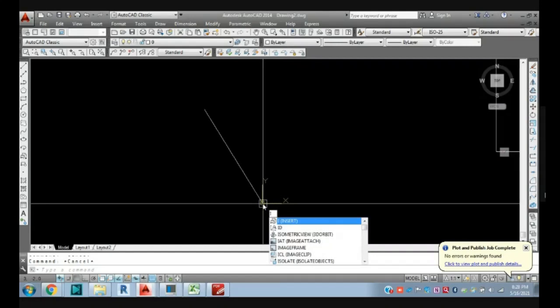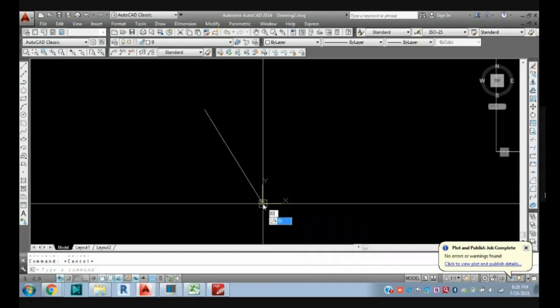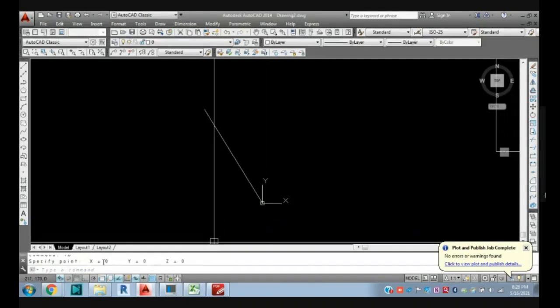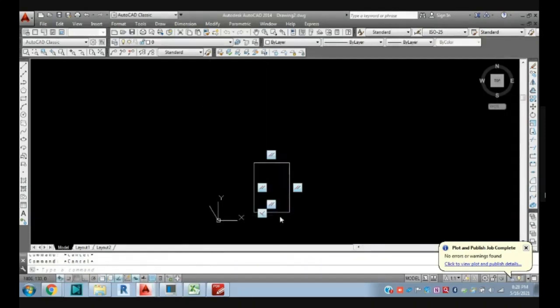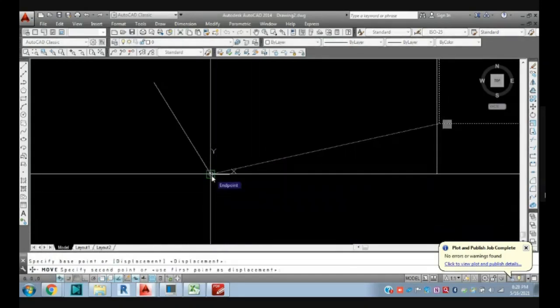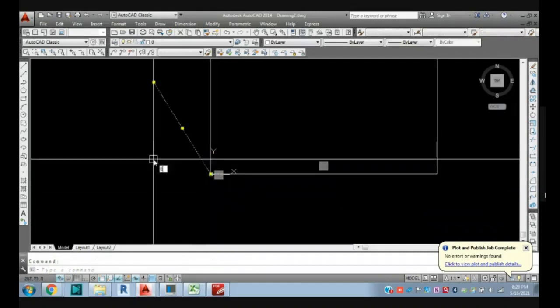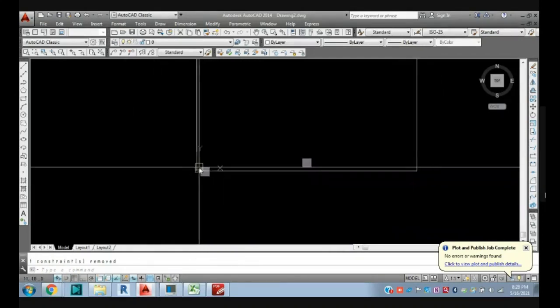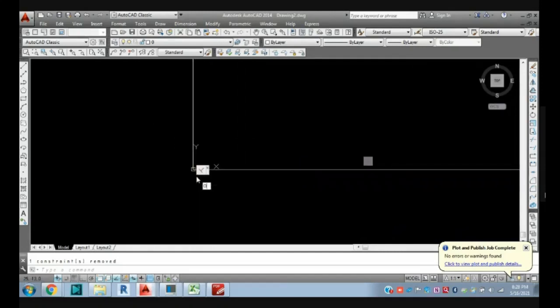If I check with the ID command and select the end of this line, you can see x equal to 0, y equal to 0, and z equal to 0. In that case, move your building or your slab, whatever it is, and keep it here. Then delete this reference line. The left bottom corner of the building should be on 0.